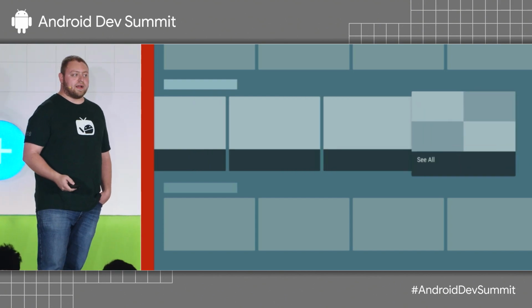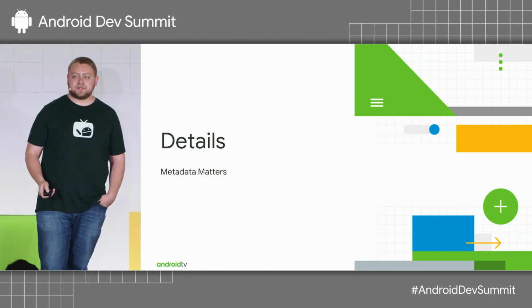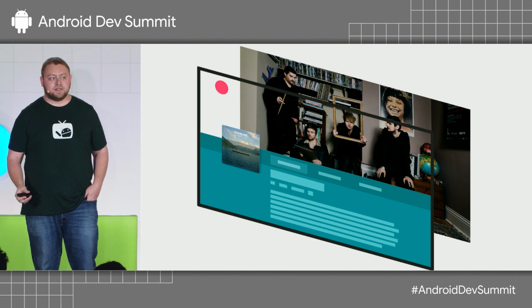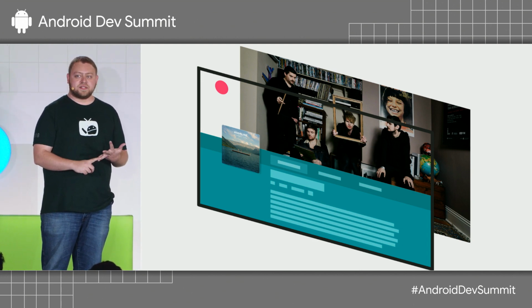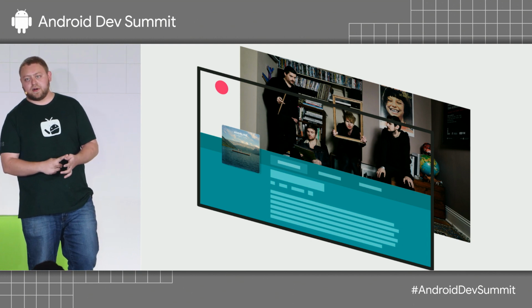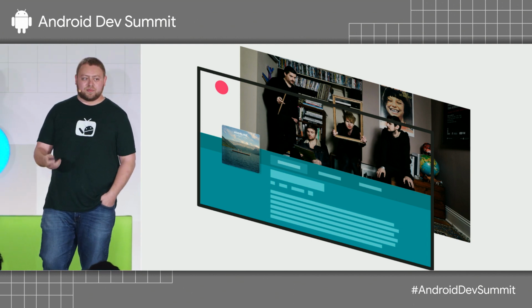It's not just how to browse content, though. Leanback also works and shows details. So there's a whole bunch of information about content. You have duration, content rating, the Rotten Tomatoes score, the album, artist, and I can keep going on for the rest of the 30 minutes of this talk, but I think you get the point.